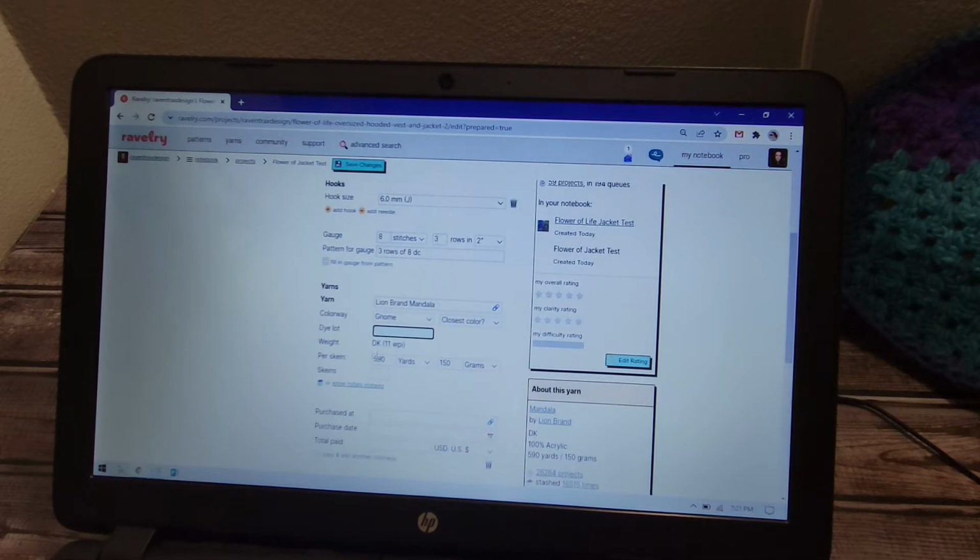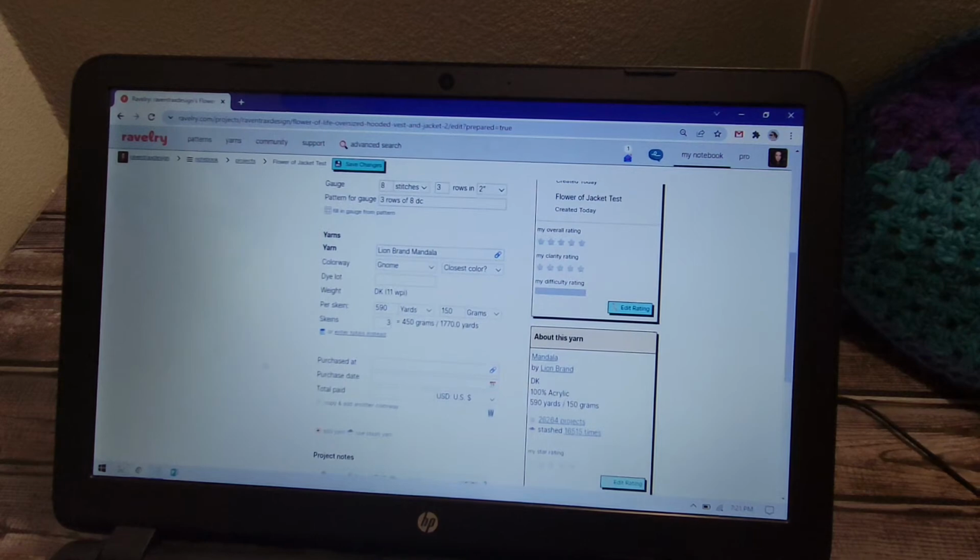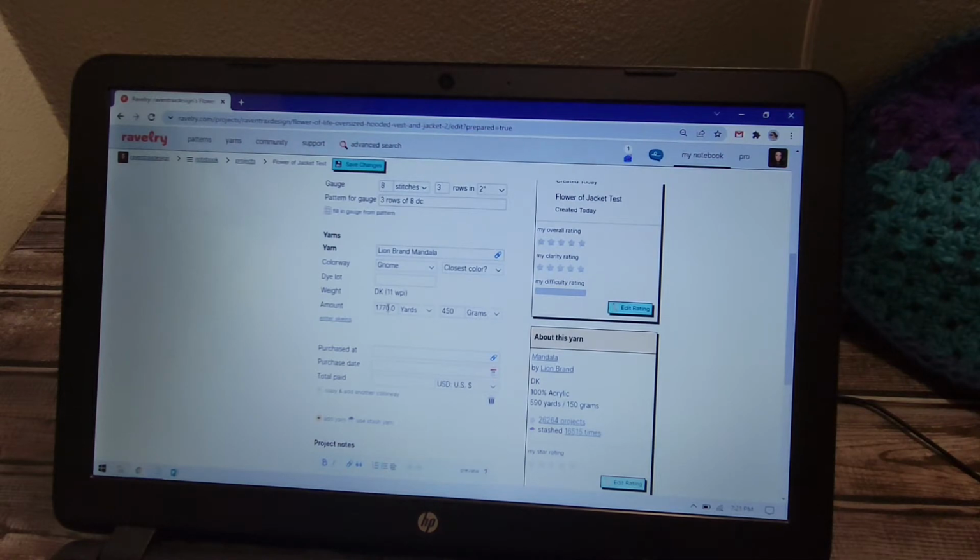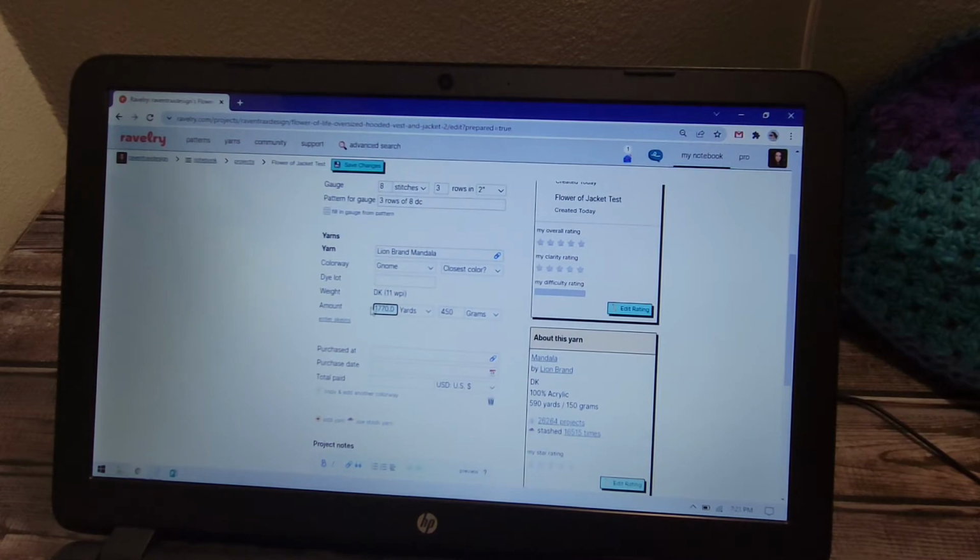And then down here you can do, if you used full skeins, say I used 3 full skeins, it's going to calculate my yardage right there for me to tell me how many yards I used. You can also enter totals instead, if you know exactly how many yards you used of each one, or a guesstimate, or if you use multiple colors, you can do it that way. You don't have to fill out any of the purchased information,